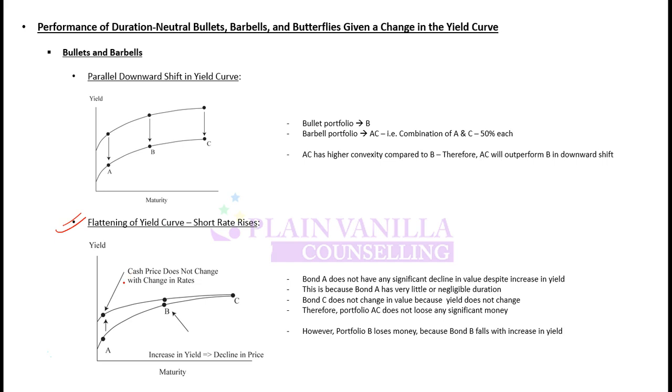Flattening of yield curve. So how does the yield curve flatten? This is your initial yield curve. Now this is flattening. That is, at short end it increased, at long end it did not increase. If it increased at short end, that means your portfolio will go down, right? Your price will go down. But this impact will be very small. Why? Because duration at A is very, very small. So as duration is very small, although this is a large change, your overall total return impact will be very low or approximately negligible. Why? Because duration is approximately negligible.